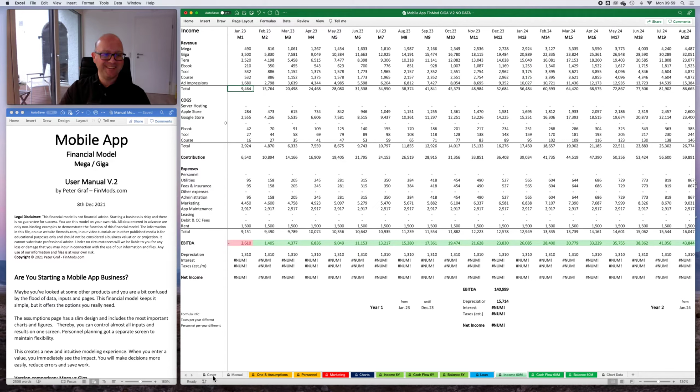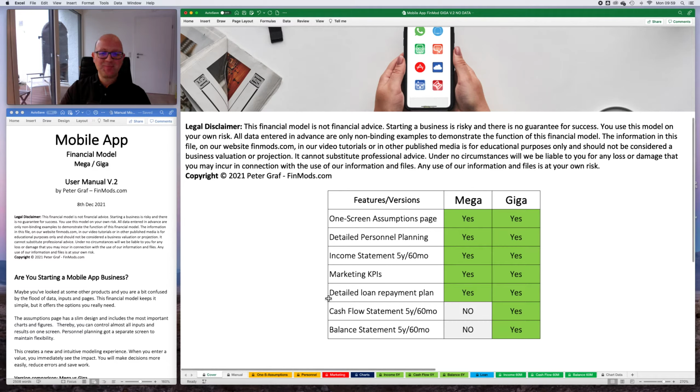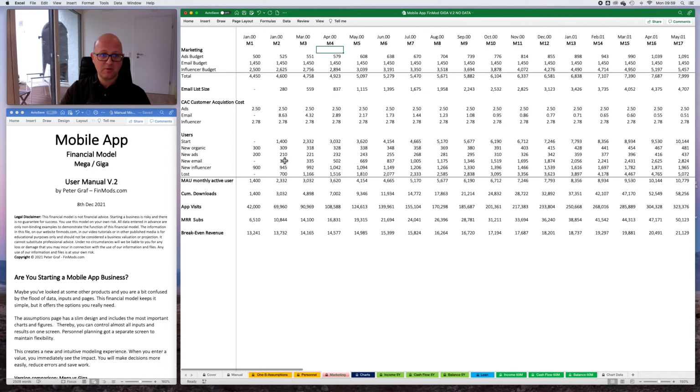And you have a detailed one for 60 months, which shows you the data for each single month of the 60 months of this financial model. Okay, so next you have marketing key performance indicators, included in both models, which is this